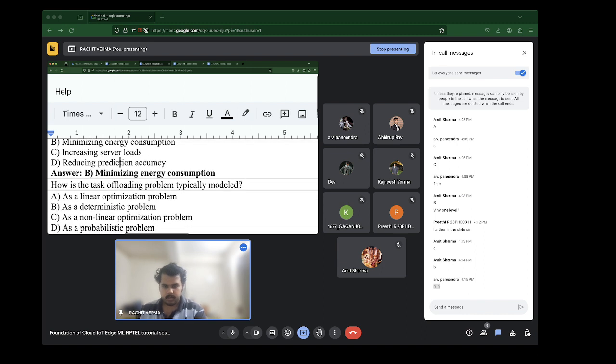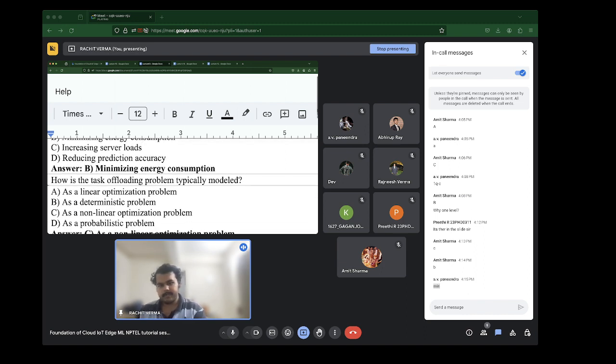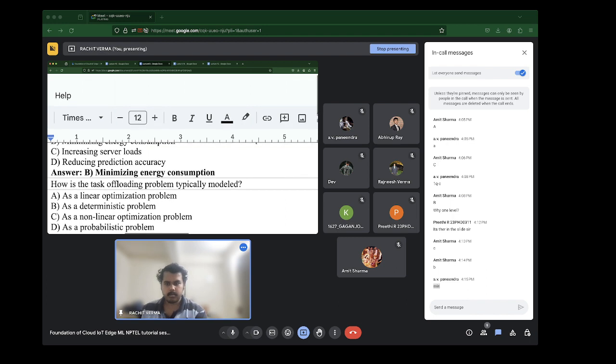So how is the task offloading problem typically modeled? Is it A, as a linear optimization problem, B, as a deterministic problem, C, as a nonlinear optimization problem, or D, as a probabilistic problem?